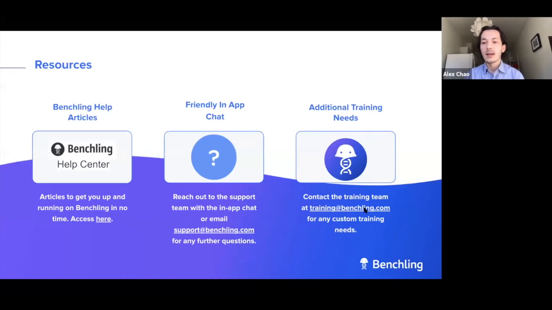support@benchling.com. Additionally, this Benchling Bootcamp series on the notebook was an example of some of the trainings that we give on the notebook application, but do want to call out that we offer trainings on all of the applications on Benchling, and we can also offer custom trainings as well. So if your team is interested in further training, please do contact us at training@benchling.com. Again, all these emails and links will be sent out in a follow-up email. But do contact us there, as we can certainly connect you with members of the team who can give you